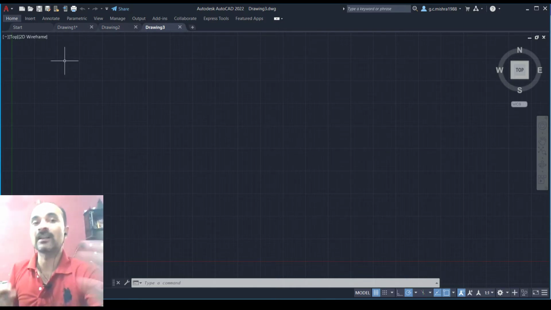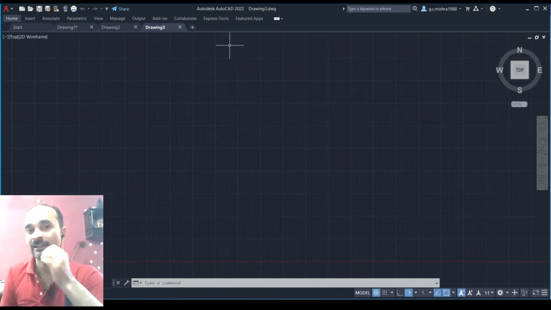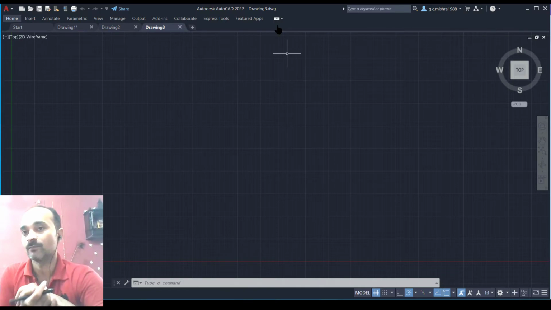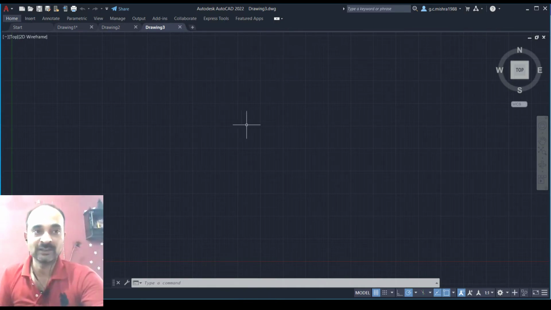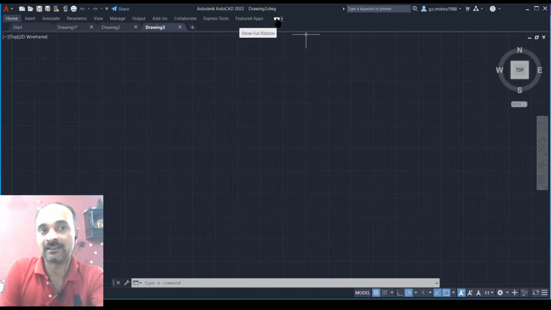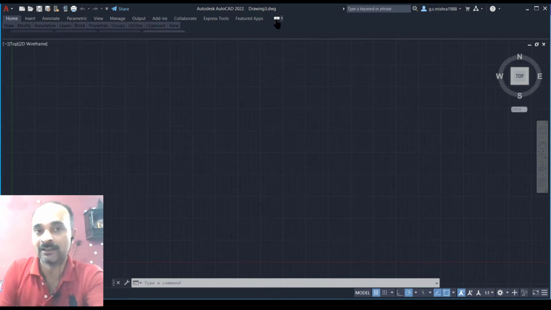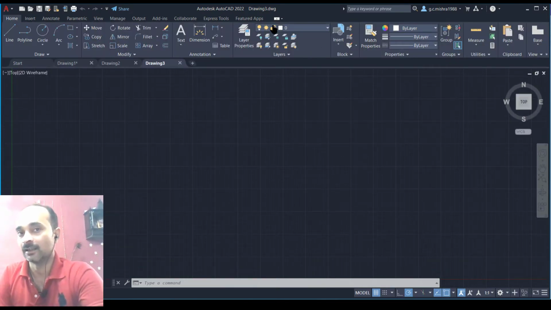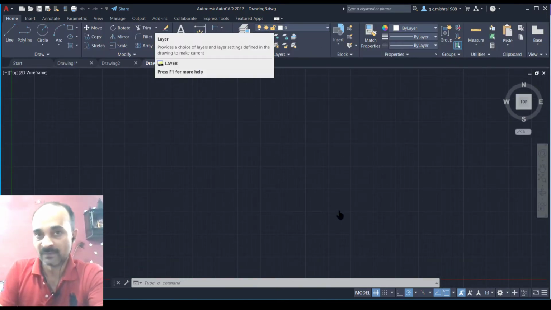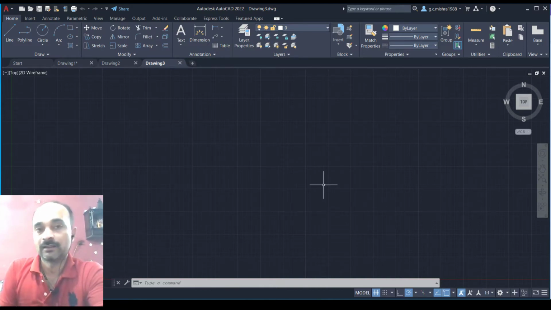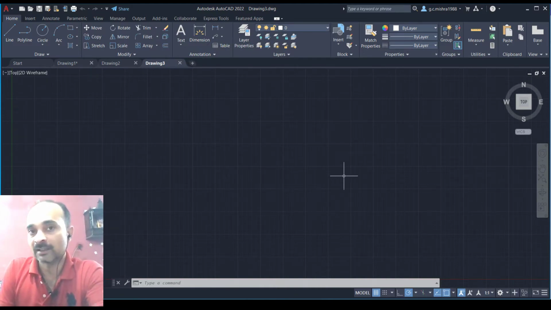If a newcomer comes to the interface, then he may be confused that something is missing here. After the third click, he will think he is missing something. But you can learn the toggle button, which is useful.